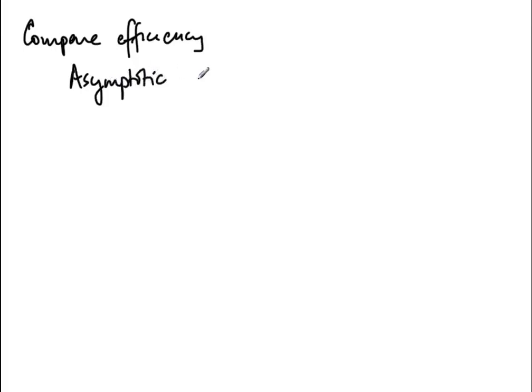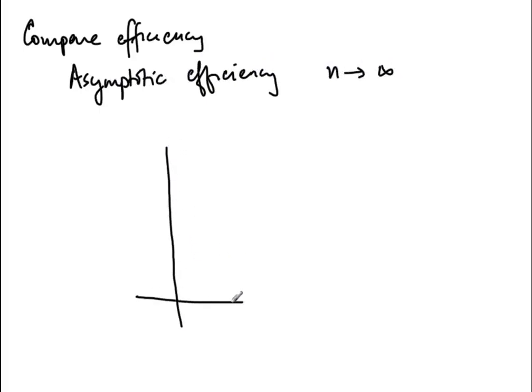So let's look at how we can compare efficiency in the presence of our assumption that we are only dealing with asymptotic efficiency, right? So we're only looking at properties as n tends to infinity. So in terms of our picture that we saw last time, we said that if we have two functions, and